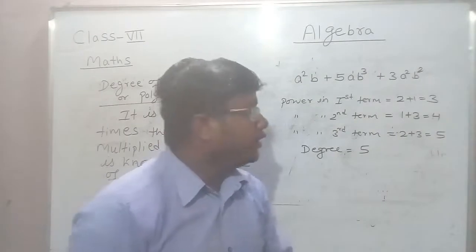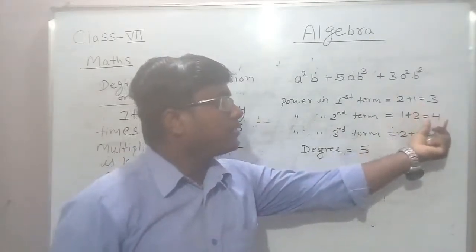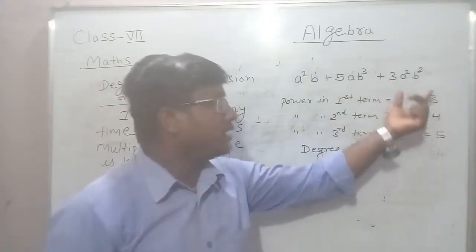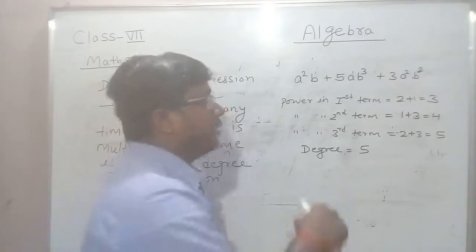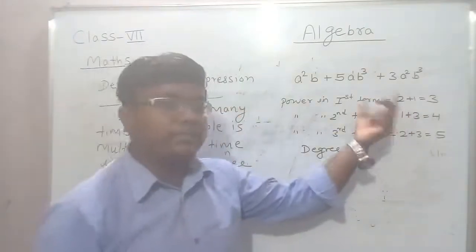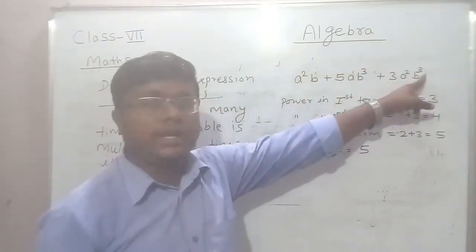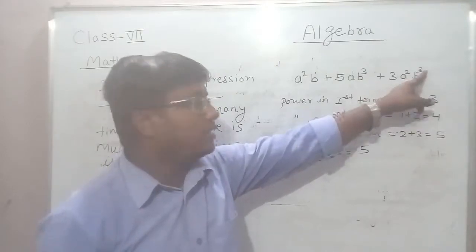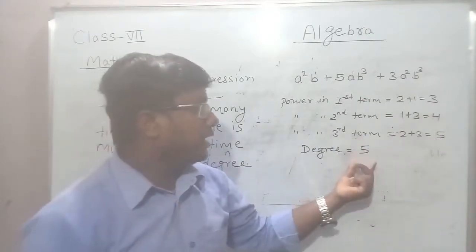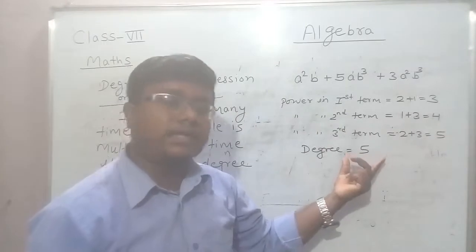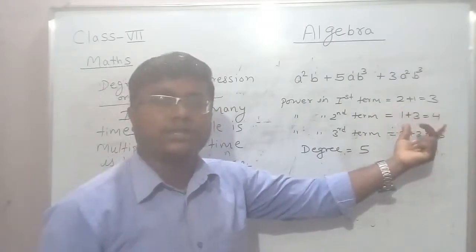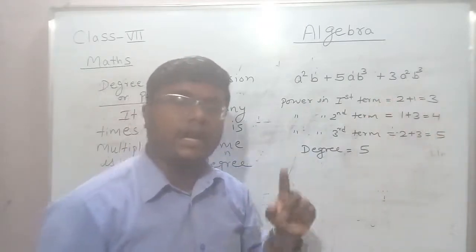So you may be confused. In two terms you have the same power. If it has the same power, then also what you can write is that the degree is 4 in that case. Is it clear? Before I had written 2 and I erased it and wrote 3, because you may be confused seeing 4 and 4 and think that to write the degree you should get 4 twice. Please don't be confused. Simply look for the highest power.